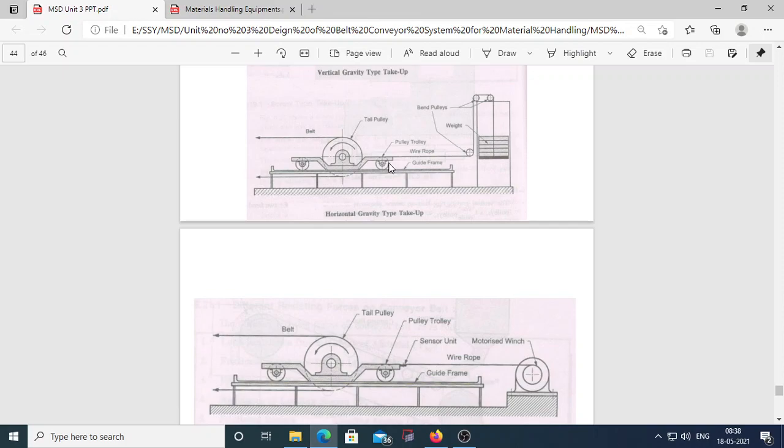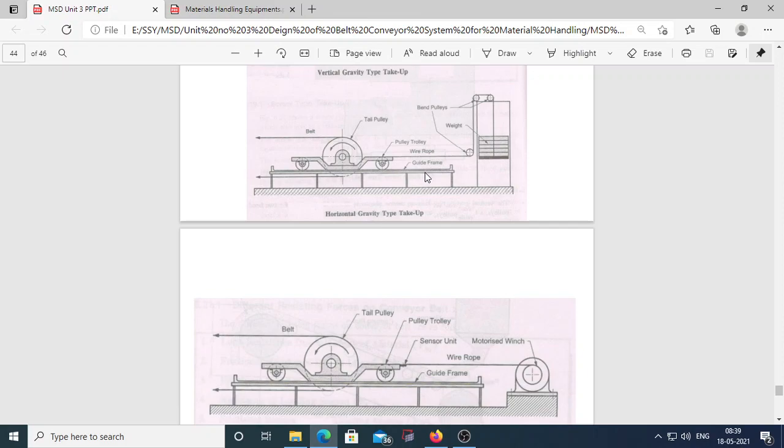The pulley trolley is loaded by the dead weight. See here, this pulley trolley is loaded by the dead weight. The dead weight is attached to the pulley trolley through ropes that move along the guide frame. Here is one guide frame.